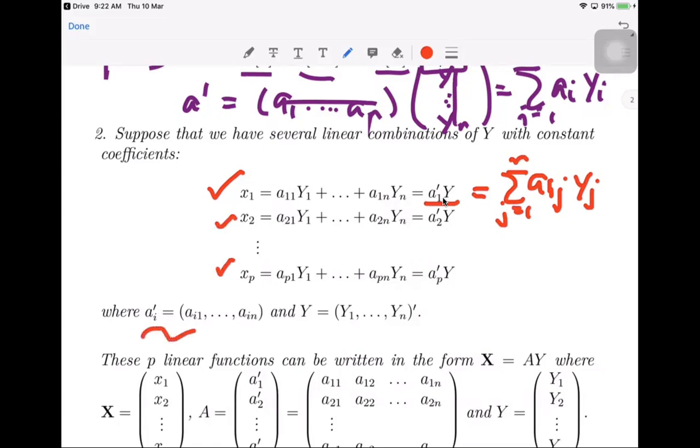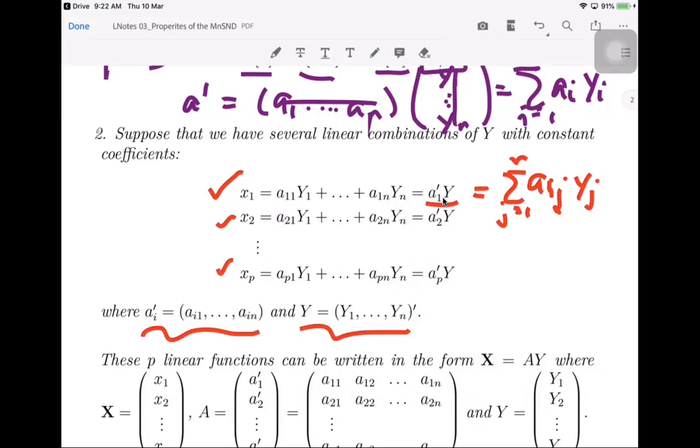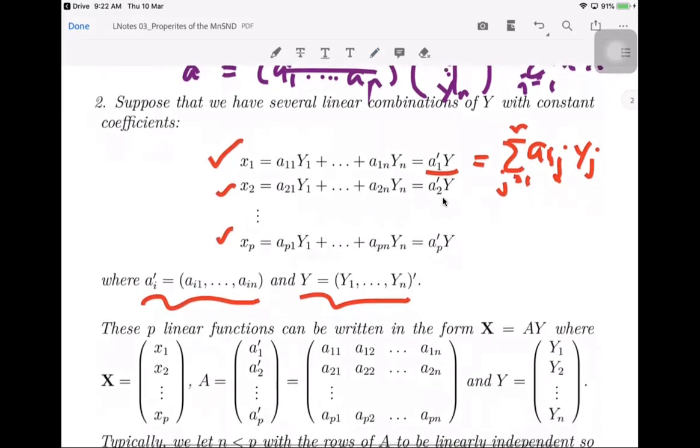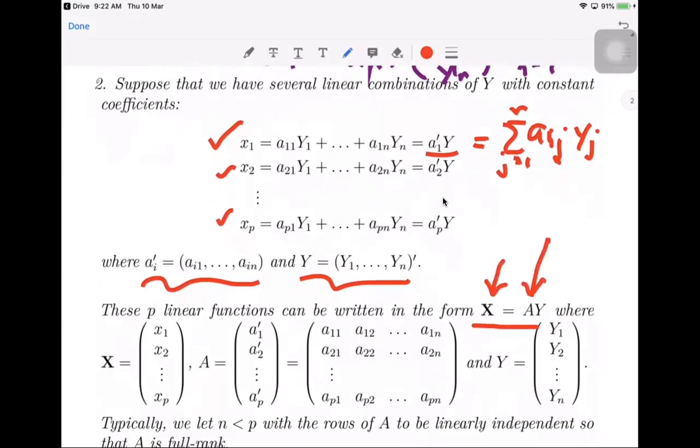So your vectors of constants is this, and this is your random variable y. So these p linear functions can be written as, say, x, which is equal to a matrix. You can define a matrix A and your random variable y. So your x here are these components, x1, x2, to xp,